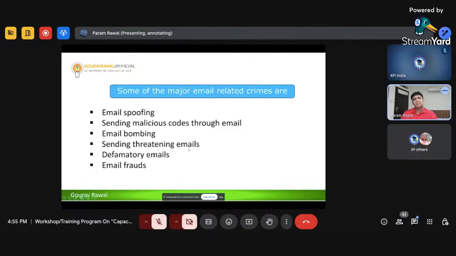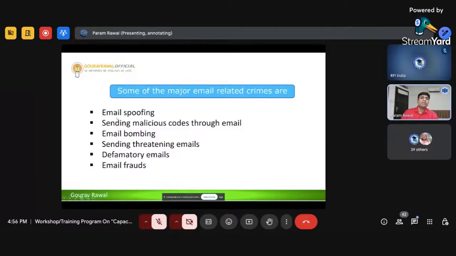There are also defamatory emails to try to decrease someone's dignity, and email frauds, such as phishing emails related to financial fraud to get account details or financial credentials. Sometimes they get your statistical or biological data, especially on matrimonial sites, to cheat people.